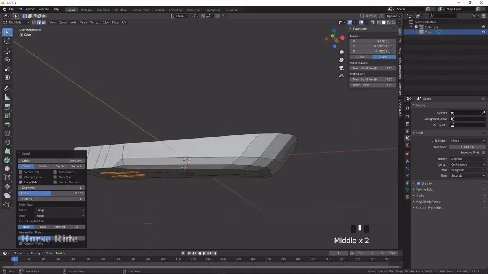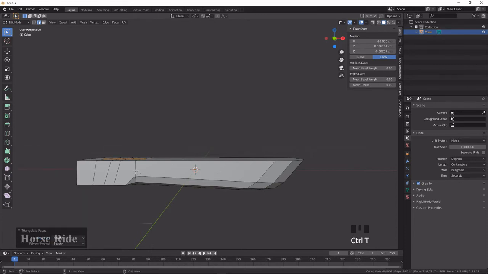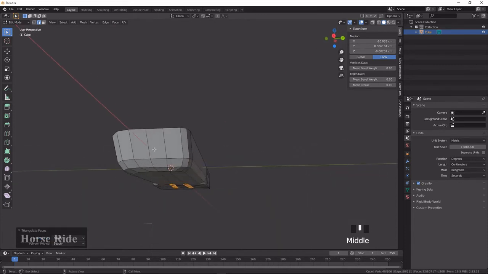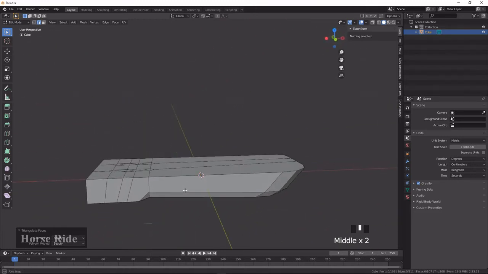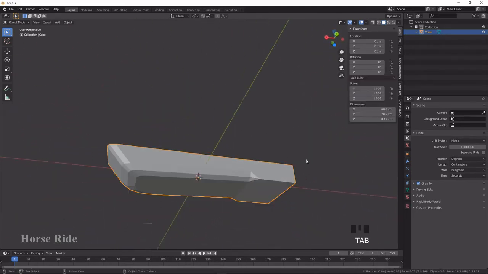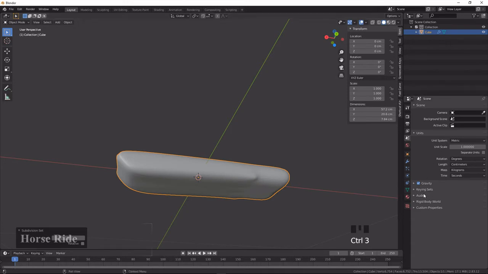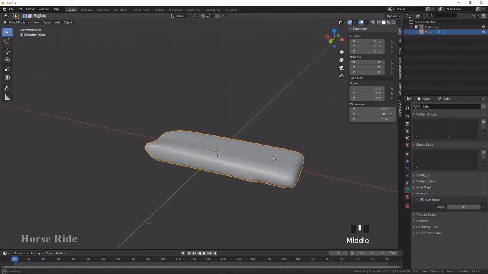Let me create one more design for this. Okay, press Ctrl R. Go to object, press Ctrl 3 to make it solid, and go to this tab, normal, select auto smooth and shade smooth.